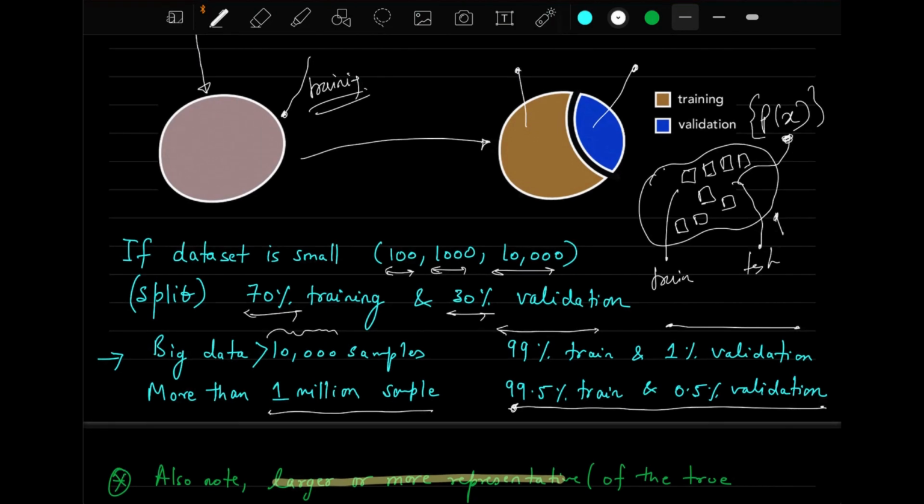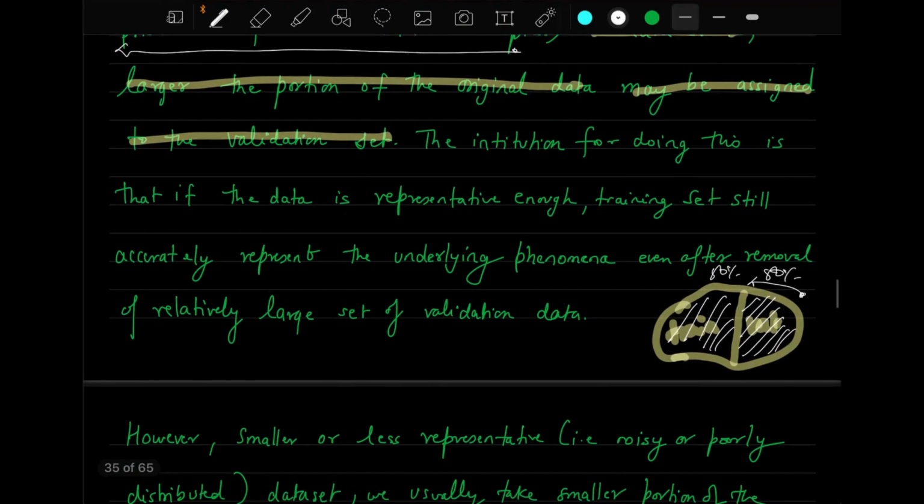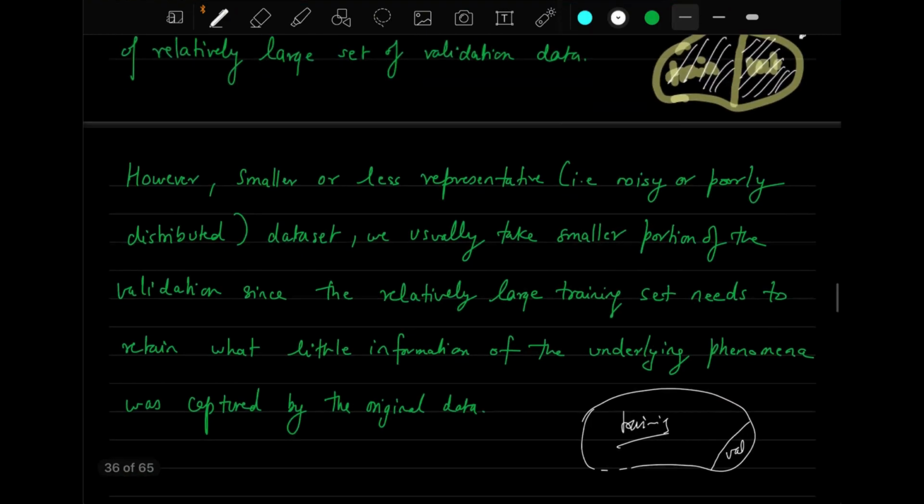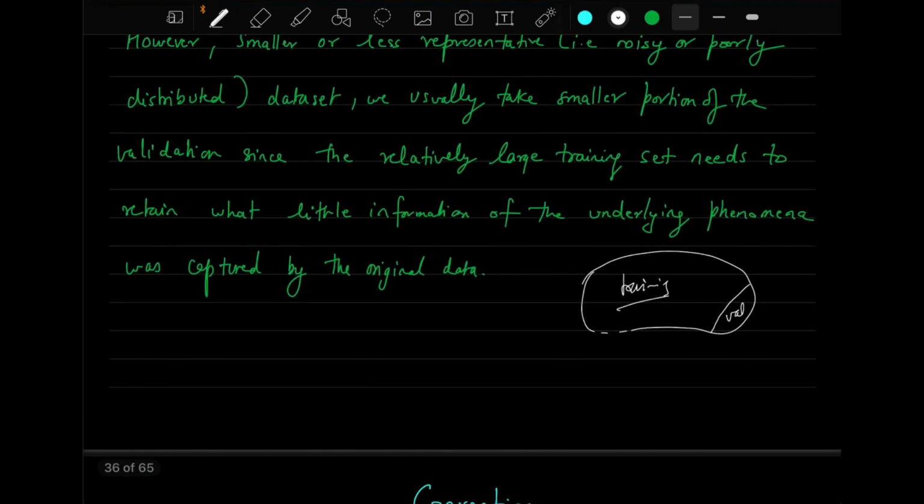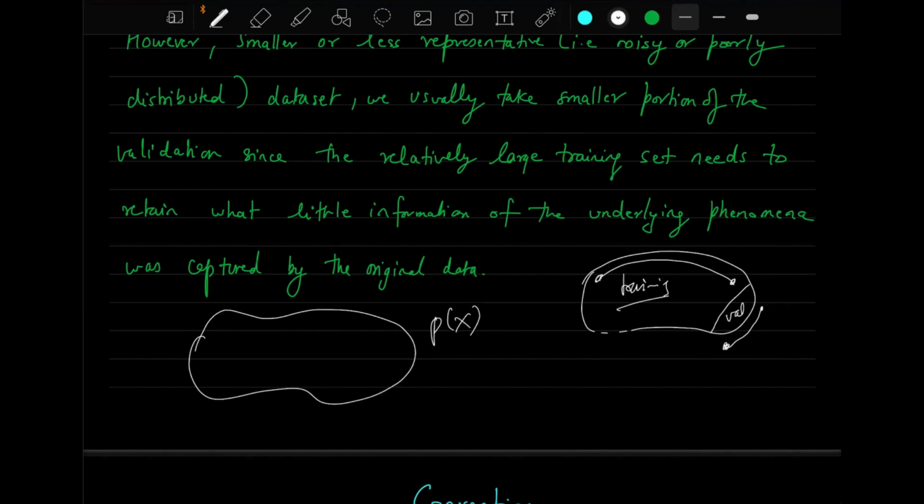So what I was saying is, all the images which are available here, which I am showing you, if they represent this probability distribution properly, then you can have a larger segmentation of the validation and training set. That is a 50-50 ratio. You can take that. Even 40-60 is possible. But if that is not the case, then your training data set has to be much higher compared to the validation data set. A perfect example of that is if you have this probability distribution Px and the images that you have here are noisy images.